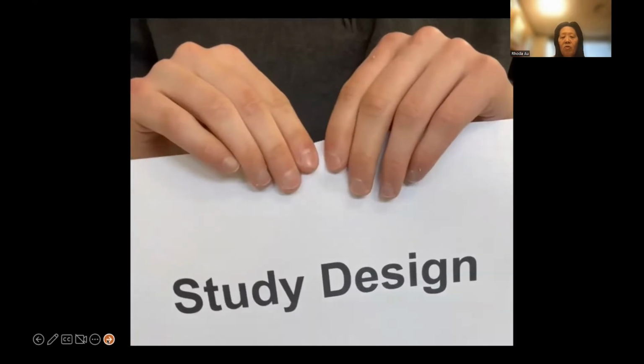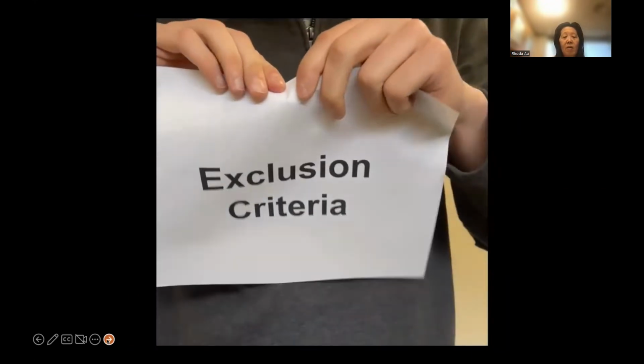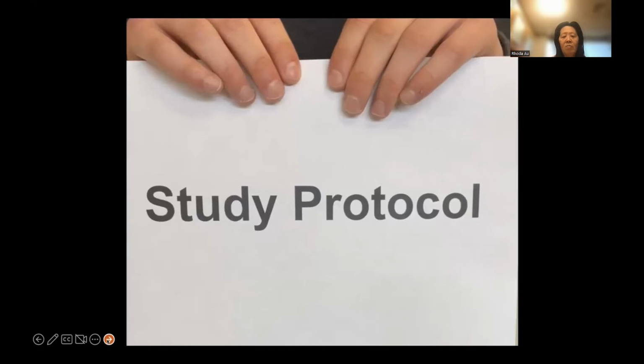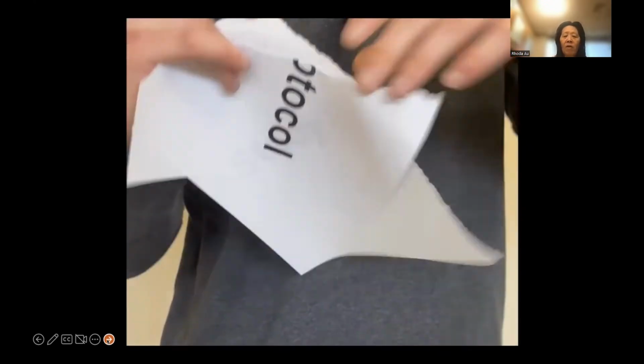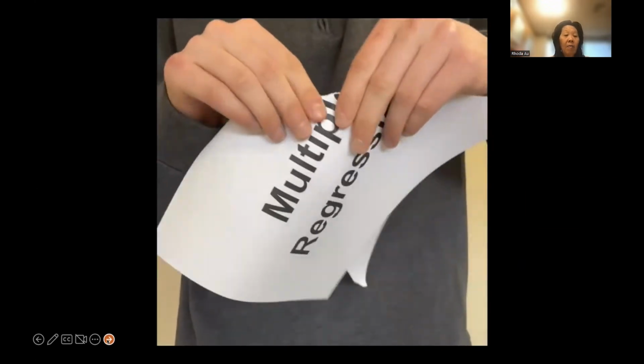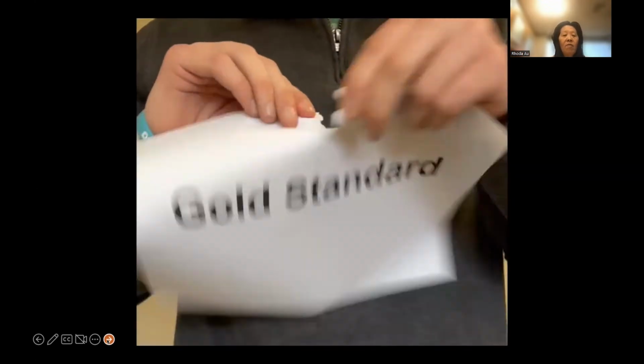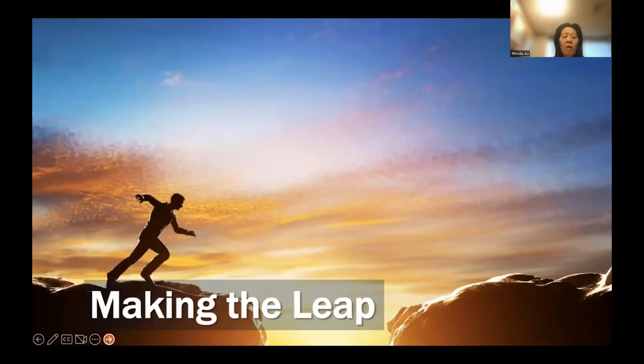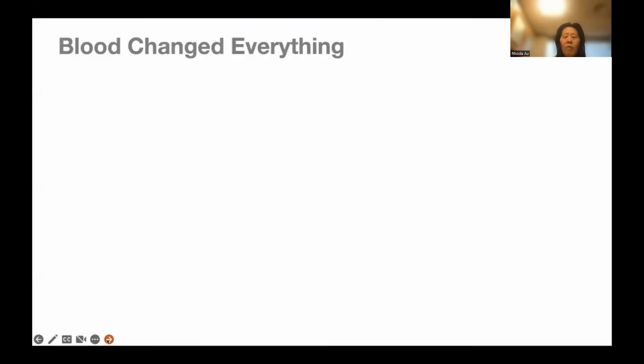So the question is where to start. I've got to tell you, in order to do this, we're going to have to rethink how we do things, both in terms of our study design. We have to even rethink the concept of exclusion criteria when we're trying to be maximally inclusive. That's going to impact our study protocols, our analytic methods, and even the concept of what we now believe is the gold standard. I really want us to think about not just doing what we're already doing, but pushing the boundaries forward.